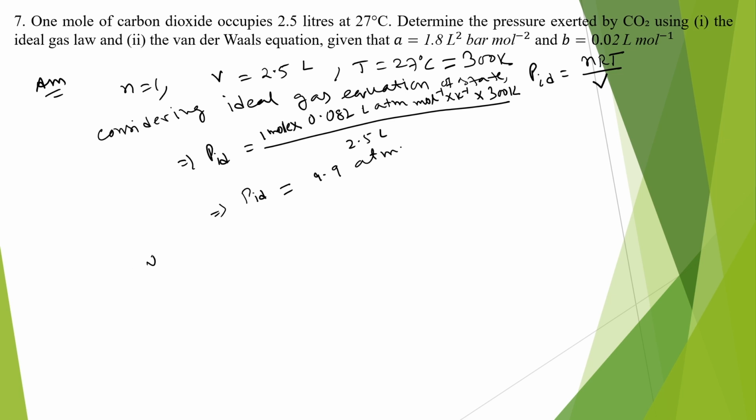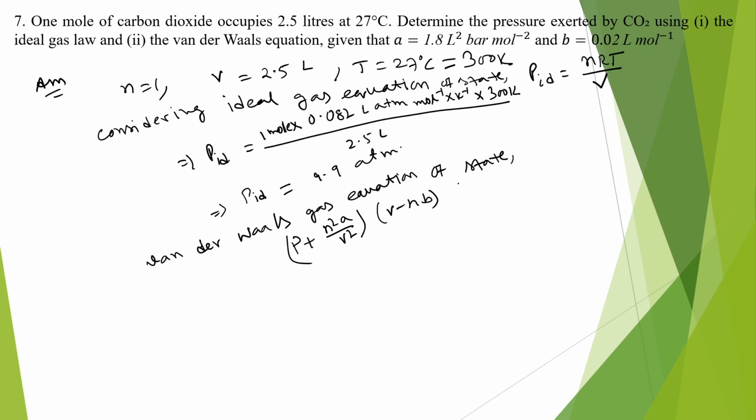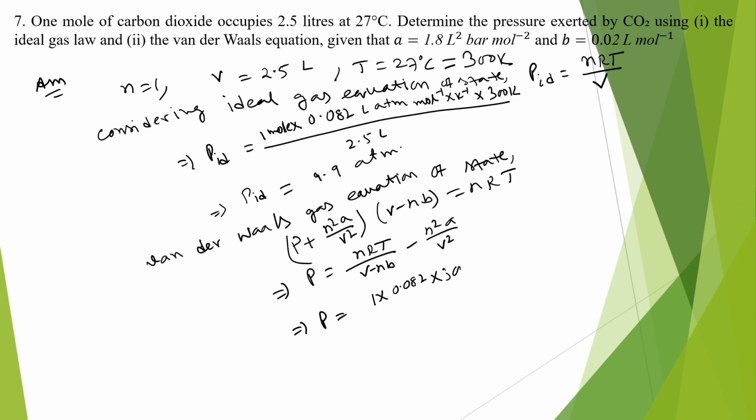Now van der Waals gas equation of state is (P + n²a/V²)(V − nb) = nRT. If we simplify this further, we get P = nRT/(V − nb) − n²a/V². So if we substitute everything, we get n is 1 here, R is 0.082, T is 300,